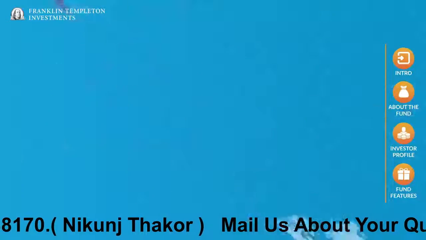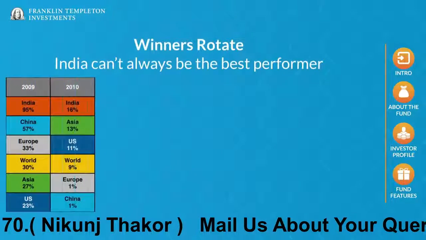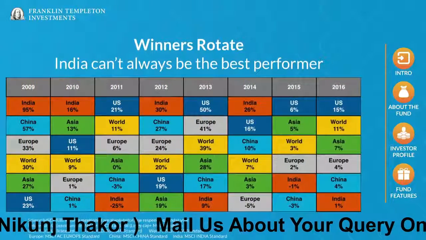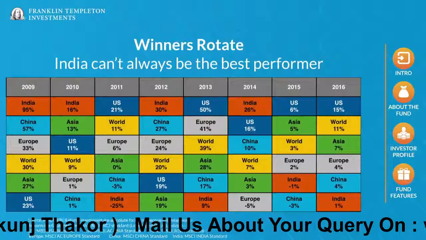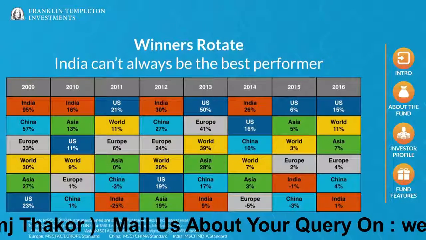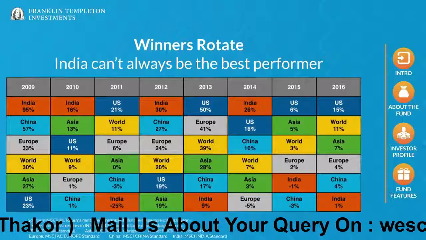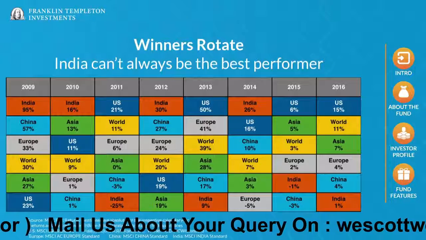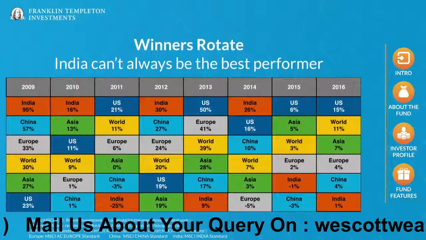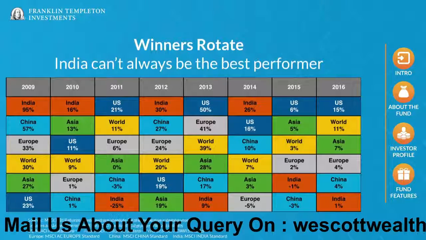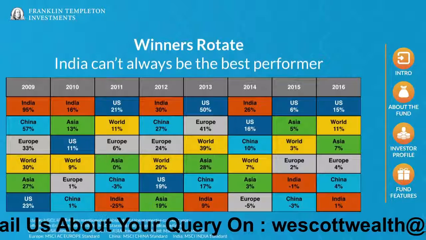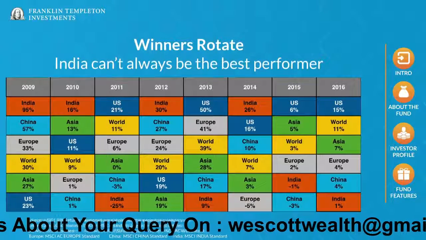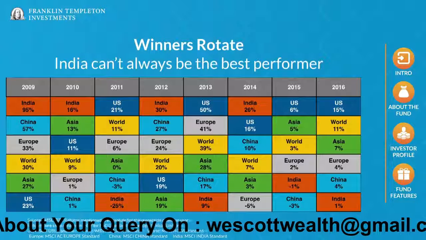If you feel that all markets rise and fall at the same time, you are wrong. The chart shows that India topped in 4 out of the past 8 years, while it was far below in the other 4 years. The US market topped in 4 out of the past 8 years, when Indian markets were struggling. Thus, by investing in other geographies, one can mitigate the risk of a fall in Indian markets. Hence, it is prudent to diversify globally so that any such fall in India is cushioned by gains from other